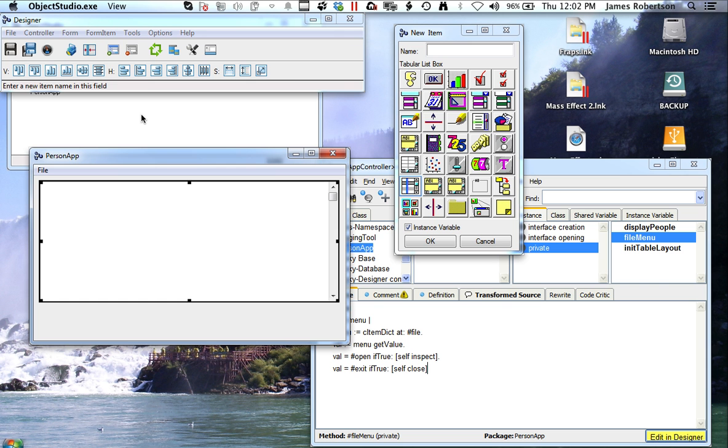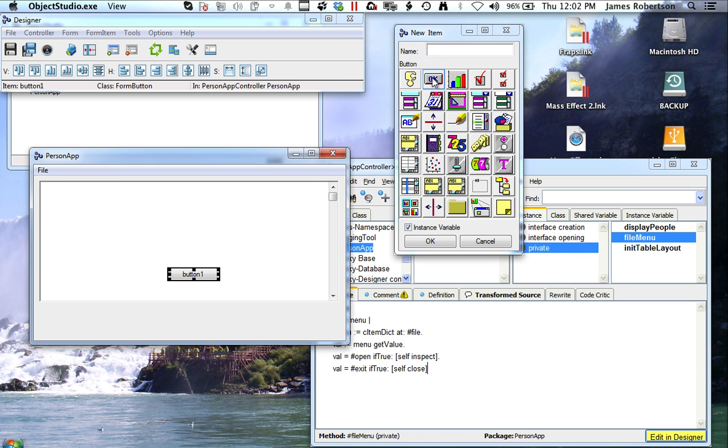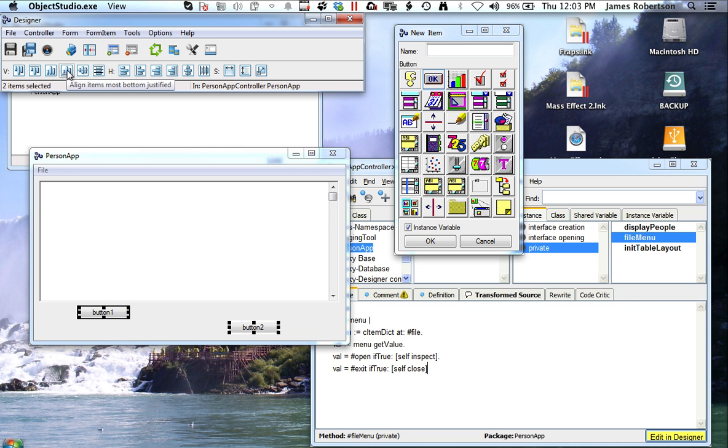What I wanted to do first is go through something very basic. So let's drop two buttons on here, not for the purpose of having them have any real behavior, but to go through a couple of things on alignment. You notice I've got this one up here and this one down here. Let's select this one first and this one second. What we're going to do on the alignment is, you'll notice that most bottom justified is one option and bottom justified. If I pick this one, it's going to align them based on the last one of the things